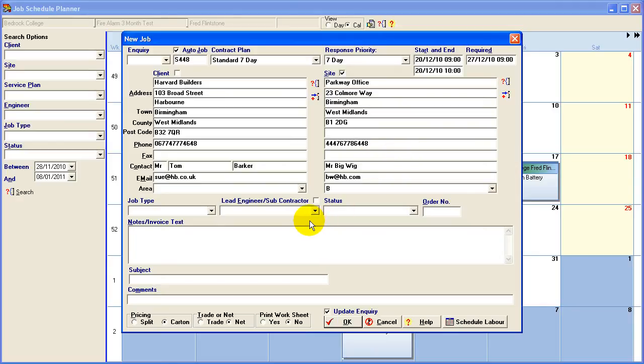Small works. I think it'll put small works in there, and we'll set it as active for now and put some notes in there. Add socket outlets to meeting room. Okay, the engineer I'm not sure is available on that day, so what I can show you is